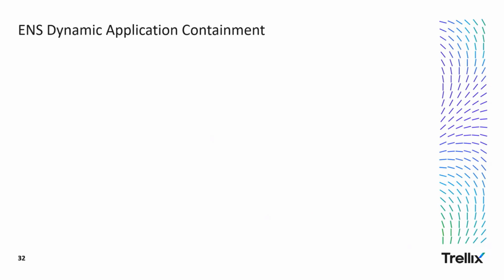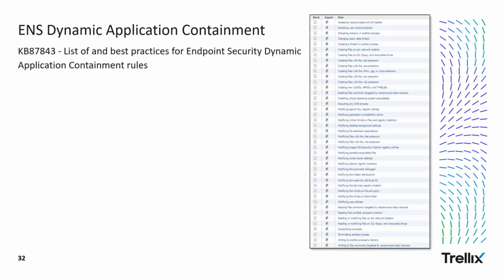So moving right along, let's go ahead and look at some dynamic application containment rules that I saw within my environment during sandboxing. KB 87843 is a list of best practices for the Endpoint Security dynamic application containment rules. In this case, we want to just look at the more common ones. Although I saw a flood of different violations, I just looked at the ones that were more common across all samples I ran. Up first, allocating memory in another process,